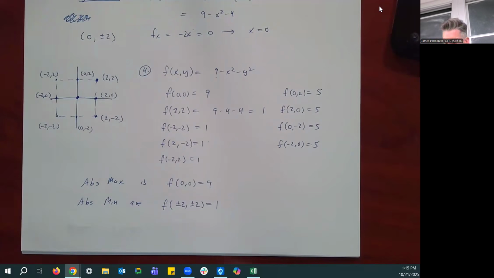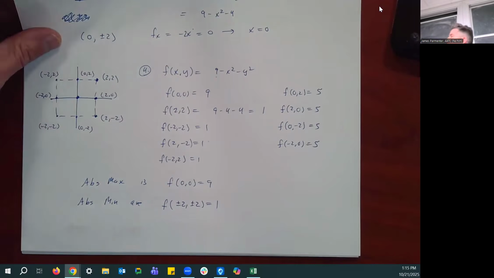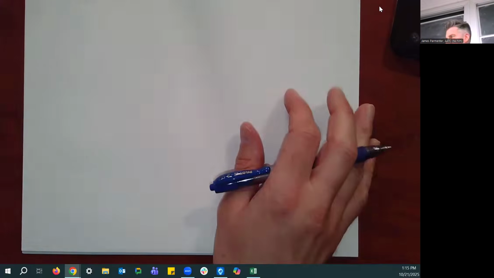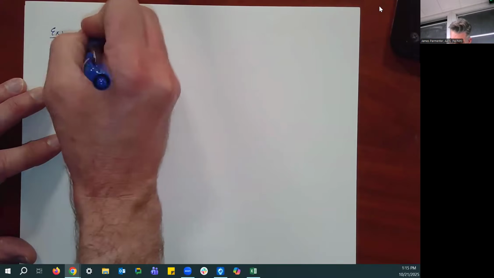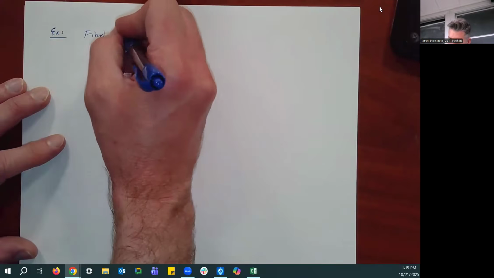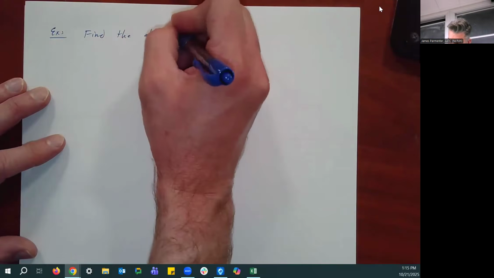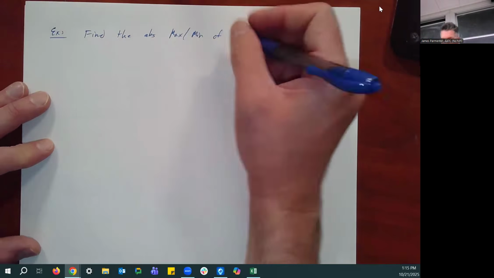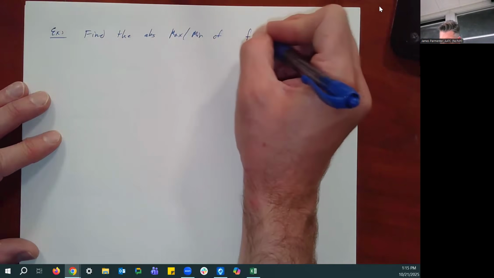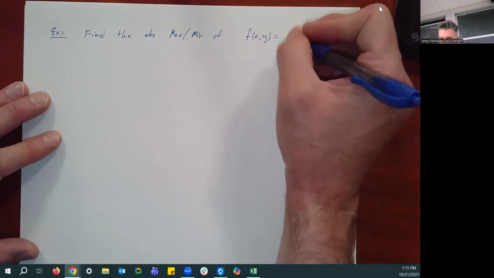So let's look at this example. Amazing how much pen ink I go through. Well, let's see. So find the absolute maximum of the function f of x comma y equal to,